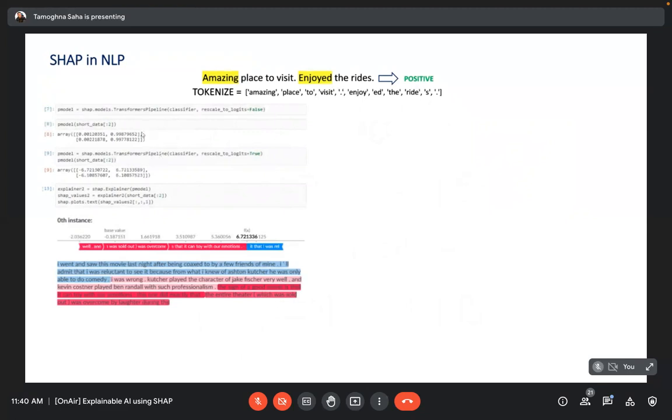Over here, we end up getting the predictions for the logits or the classes that we have. So if you have a positive and a negative class, then we are going to get the corresponding values present with us. And then we pass it through the Shapley visualization plots that we have, condensed plots, force plot, text plots, etc. And in that section, what we get is something like this. So f of x is basically the expected output of the Shapley values that you are going to get.